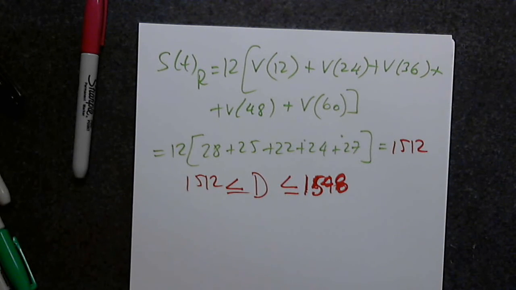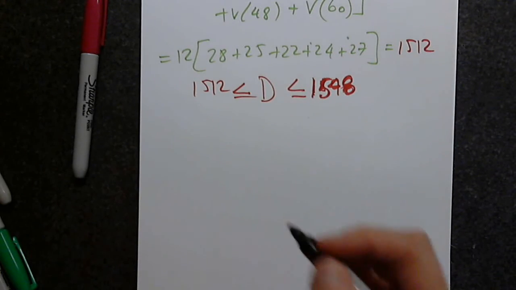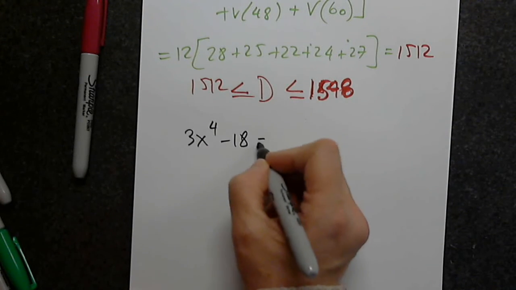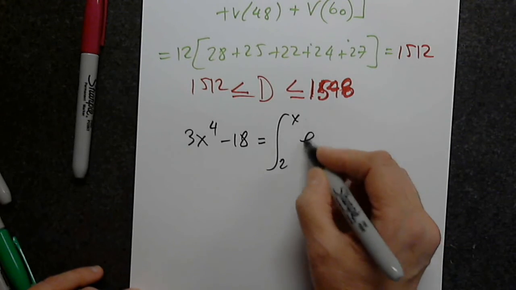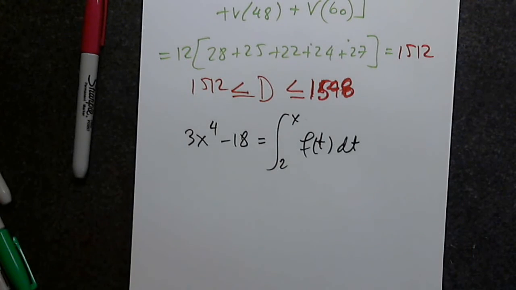Can we do the extra credit? Yes. Let's look at the extra credit. What does it say? Yes. Very good. So 3x to the fourth minus 18 equals the integral from 2 to x of f of t dt. The function f of x satisfies the equation. Find the function. Sorry about that. So 3x to the fourth minus 18 equals the integral from 2 to x of f of